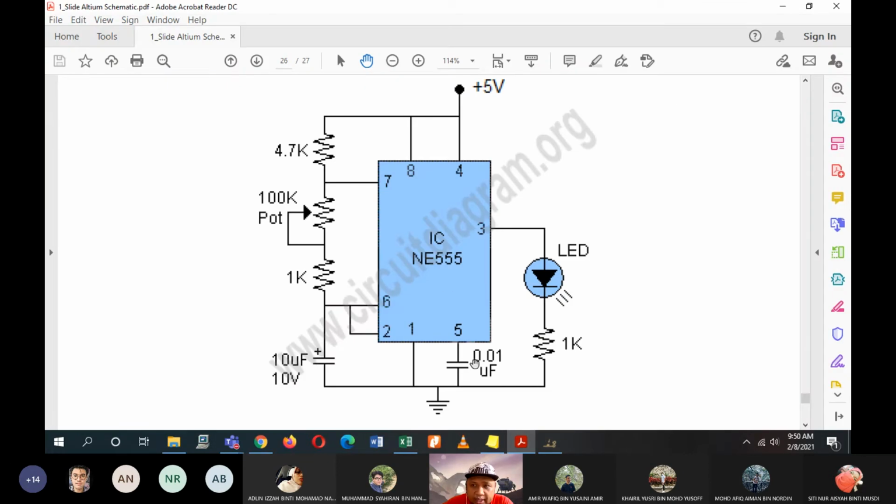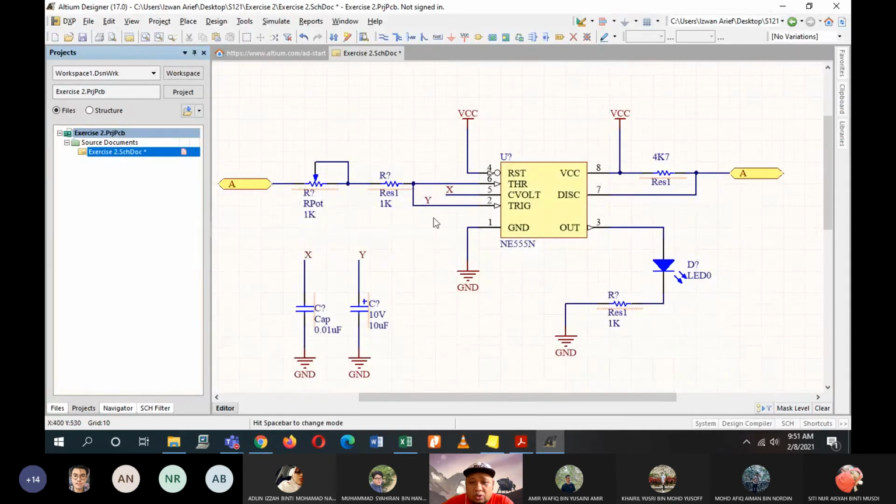So this one. Okay, you shouldn't simply make a connection something like that, ataupun you buat macam ni. You should not practice this type of connection.